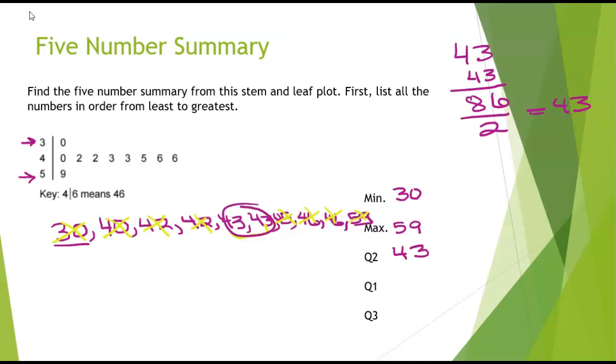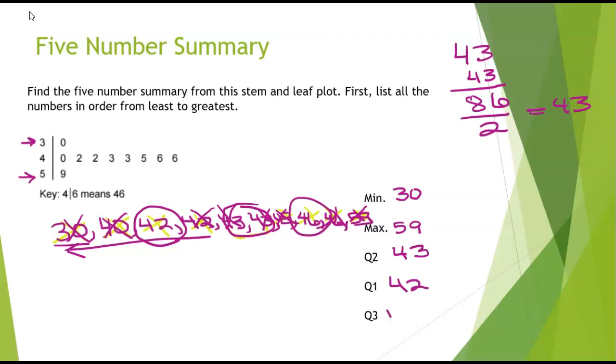All right. So now I have to find my Q1. I have to find the lower quartile of these numbers here. Okay, so 43 is in the middle, so I'm going to go slash, slash, slash, slash. So 42 is my quartile 1. Now I'm going to slash, slash, slash, slash. 46 is my quartile 3. And there, I have my